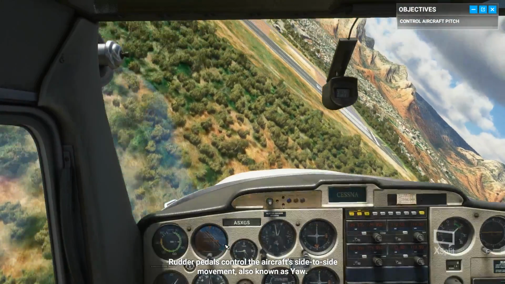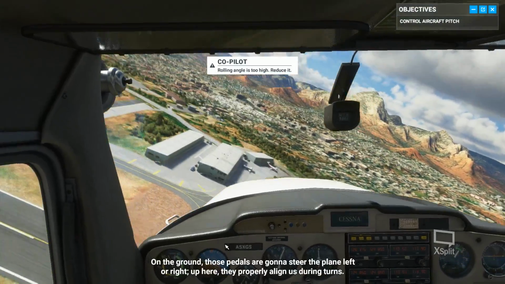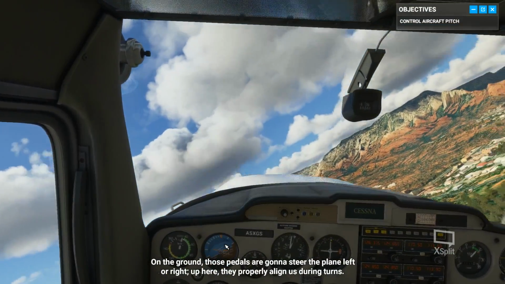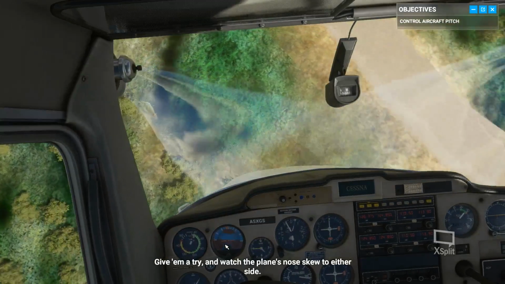Rudder pedals control the aircraft's side-to-side movement, also known as yaw. On the ground, those pedals are going to steer the plane left or right. Up here, they properly align us during turns. Try them out, and watch the plane's nose...